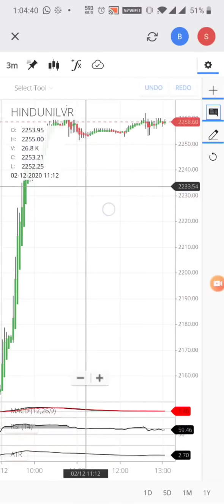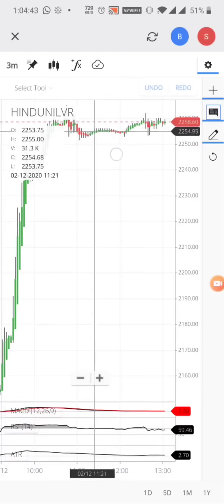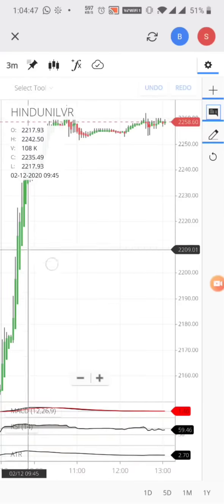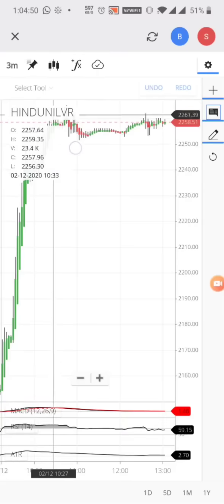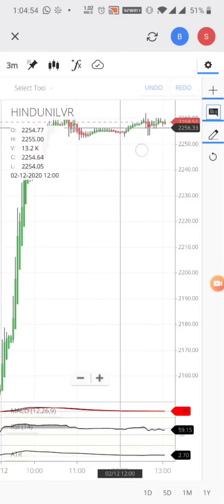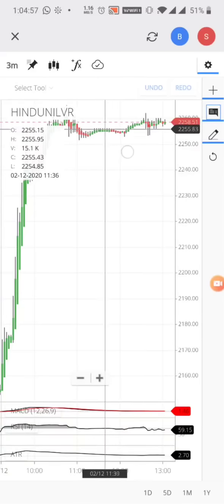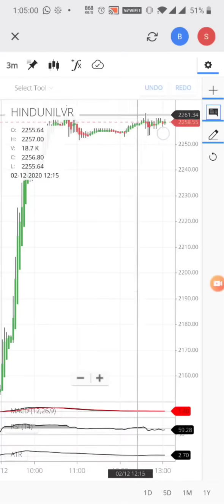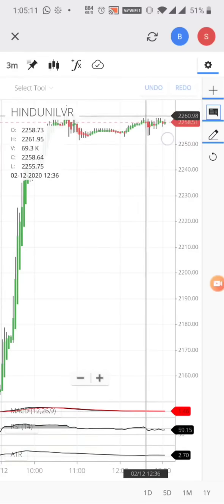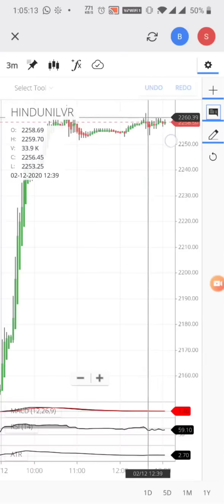And why did I book 0.3%? Because you see the range of the candle and the volumes have reduced. During this time, I can't expect a spike like this and be lucky to get 0.6 or 0.7%. I need to exit at 0.3%. So I waited for the breakout rather than just taking the current market price. Whenever the breakout happened, I took a chance. If it was not a breakout, it would have gone down and I would not have taken a trade. 6 rupees 60 paisa is 0.3%, so around 7 rupees I booked immediately. My luck, on this particular candle I booked my trade and it came down later.